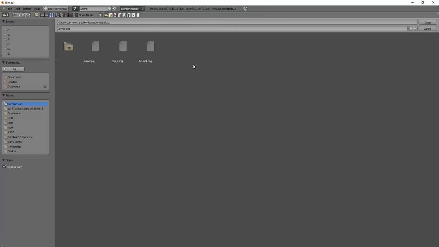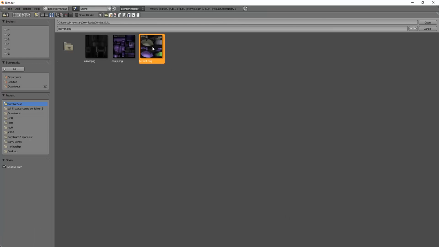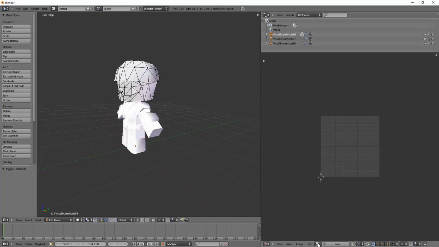And there's one set, and then we're going to open up another set, and another set.